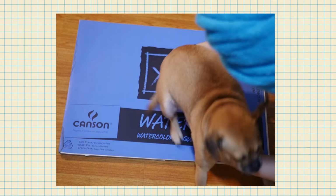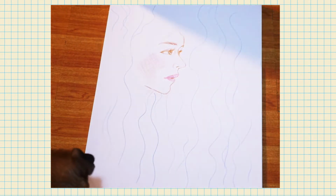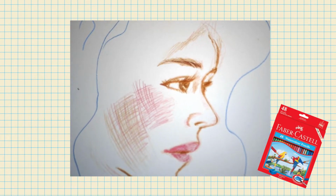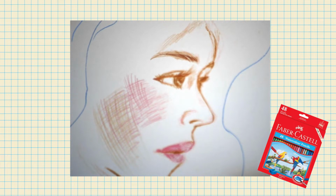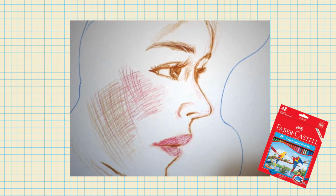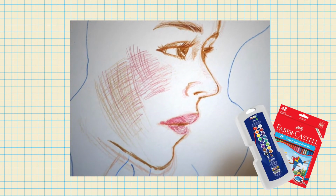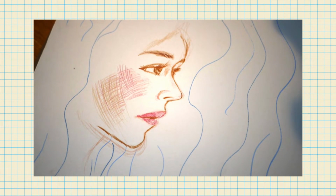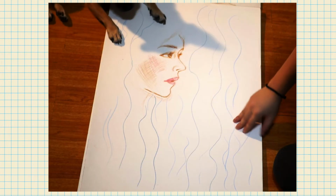pretty much explains everything. This first one is made using watercolor pencils from Faber-Castell. I usually start with outlining using the watercolor pencils. I had the intention of finishing it up using the Prang watercolor set. Oh, and of course Yori likes sitting on my works. Anyways, this wasn't really planned, I just wanted to test out the pencils, but I ended up leaving it for